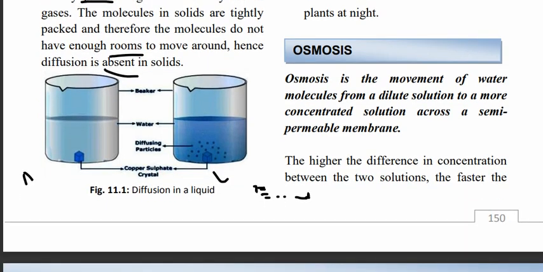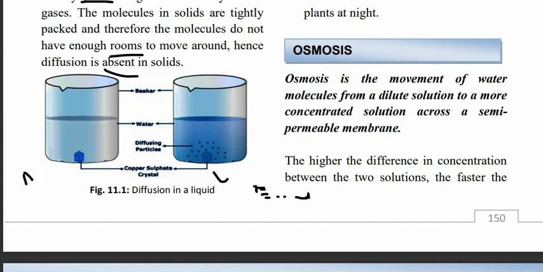This is an experiment to demonstrate diffusion. We have our beaker here, we also have water. We have copper sulfate crystals. So first of all, we put water into the beaker and we place our copper sulfate crystals into it. This is before. Now after a couple of minutes,